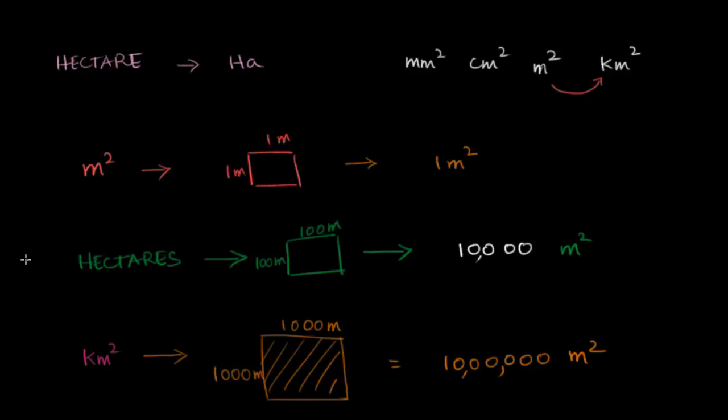So hectares comes right in between meters and kilometers. In some sense, right in between. So 1 meter square to 10,000 meters square for a hectare to 10 lakh meters square for kilometers. So maybe we can do one small problem. Let's make one up. Maybe I have a land which is 2.5 hectares in area, HA in area,